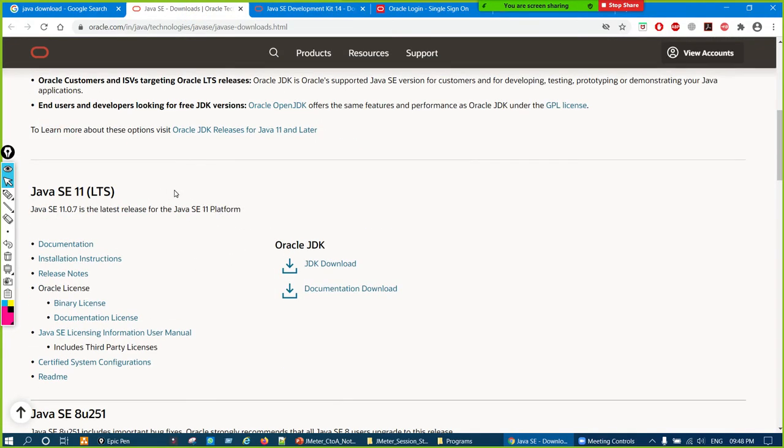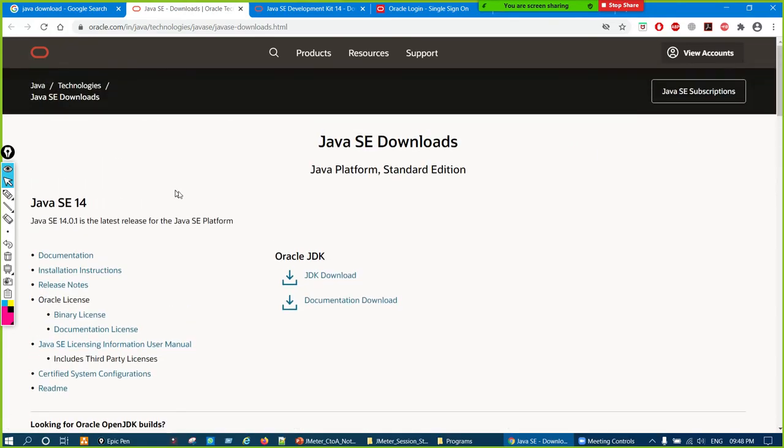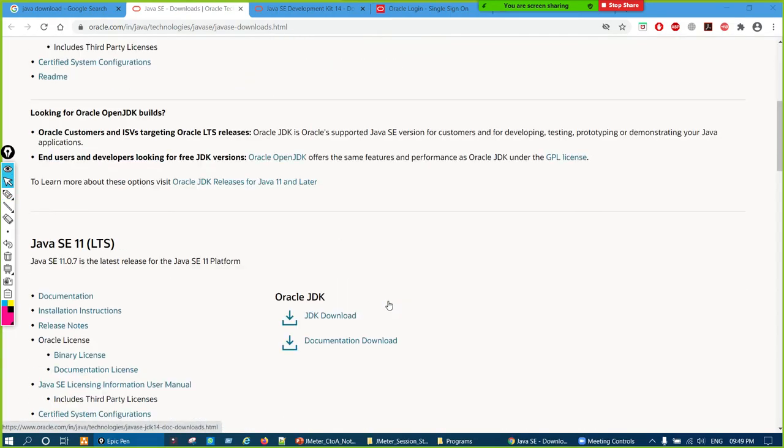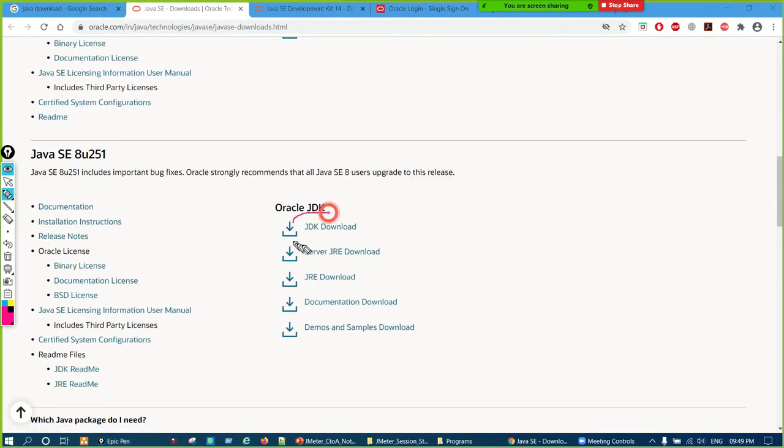Why 8? Because I'm a little bit not aware whether this JDK will install the JRE also or not. Basically it should install both. First it will install the JDK, and then it will install the JRE in one go, from the same file. So just check at your end and let me know, and if you are having a problem, then download this JDK. It will install both JDK and JRE, correct?